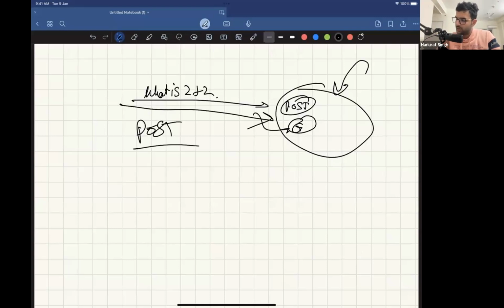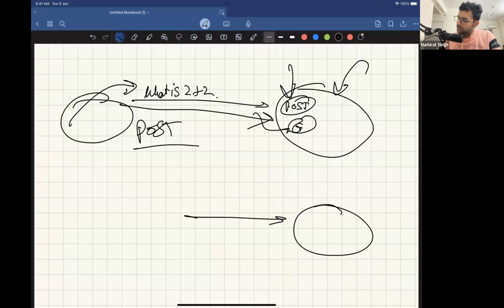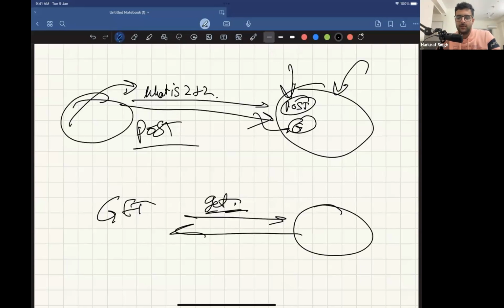It should be a post request. So the handler should be post, and whoever is sending the request should also send a post request. Similarly, if the request is, "Bhai, get my conversations," then it should be a get request, and whoever is responding also responds back with a get handler that the backend developer writes here. We will see how you write them, but at a high level,